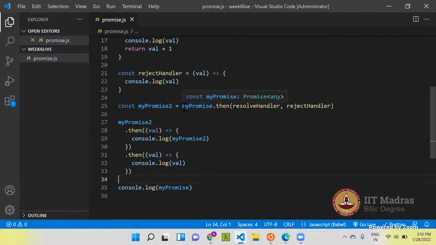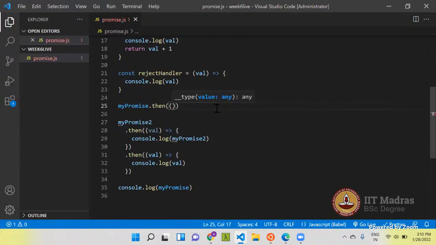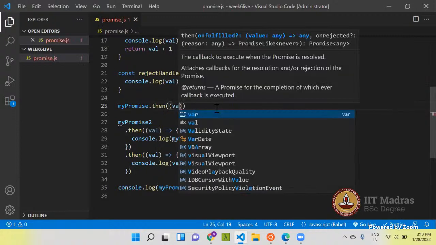Let's remove this one. Maybe this is confusing you guys. And for now, let's remove this resolve handler and all these things. I'll just write the callback function here.